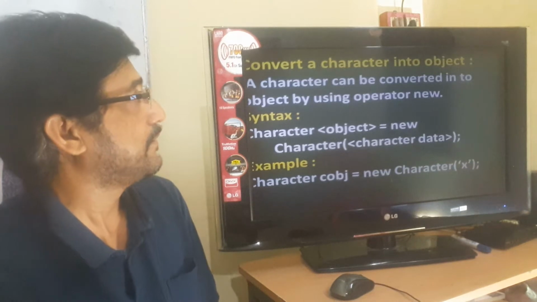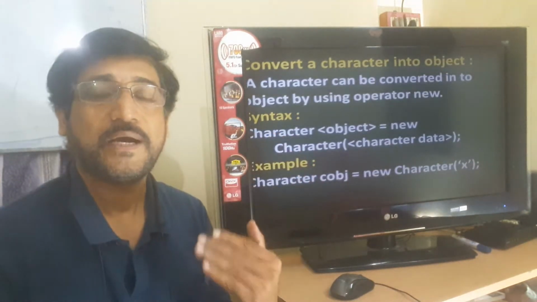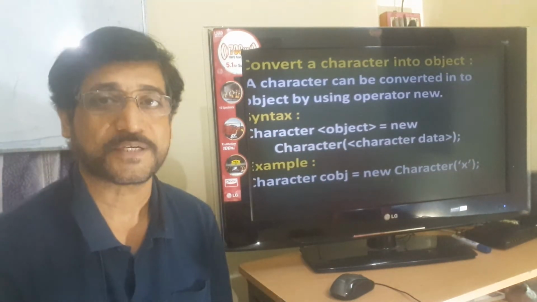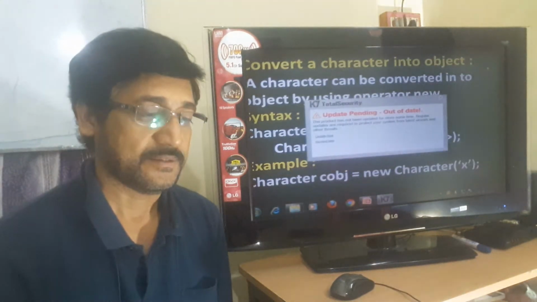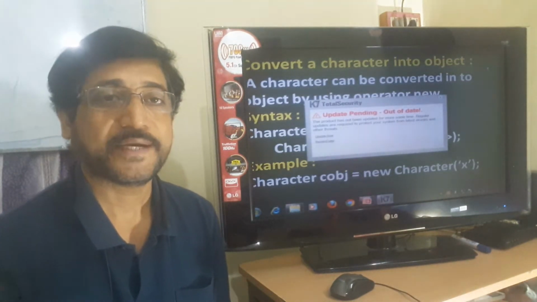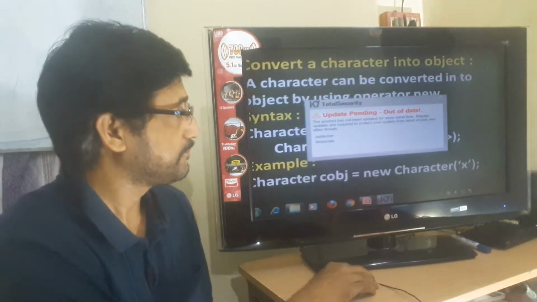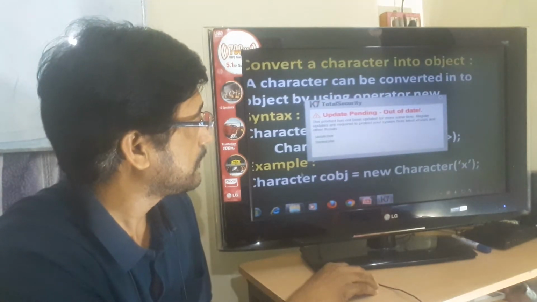Now write: how to convert character data into an object? Character is a wrapper class. To get the object of a class, we have to use the operator new.